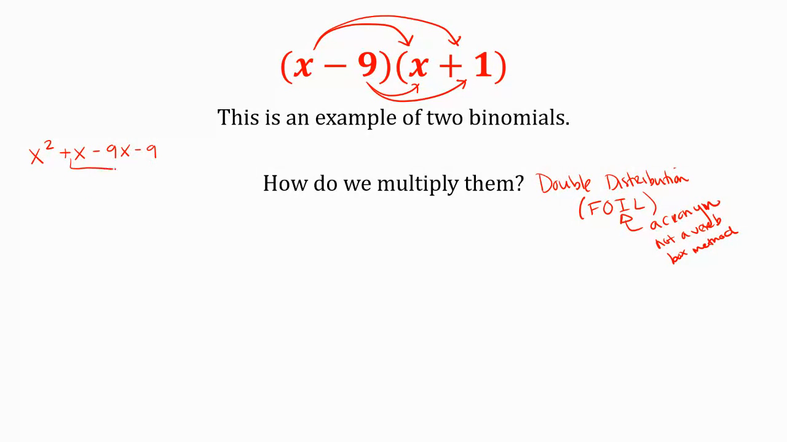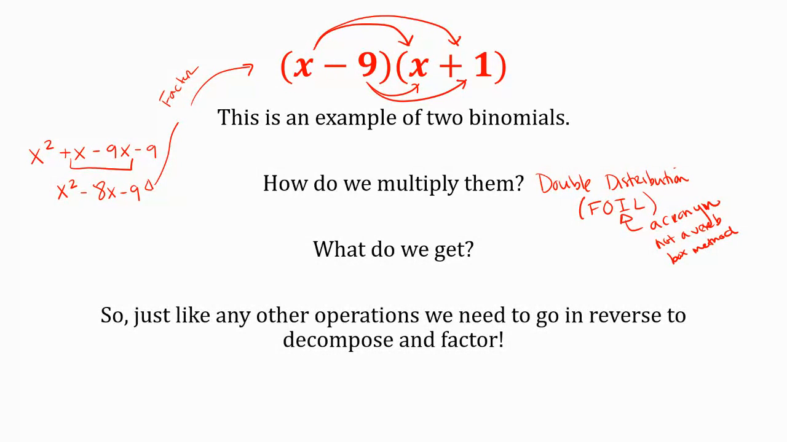Right? And so maybe this rings a bell that I then would need to combine the two middle terms to simplify this. 1x minus 9x gives me -8x minus 9. And so this is the trinomial that this multiplies out into. If I were to do some factoring, I would get that. So I need to be able to figure out, how do I break this apart to get this? Where is that -9 and that 1 coming from? Maybe you know. Just like any other operation, we need to go in reverse